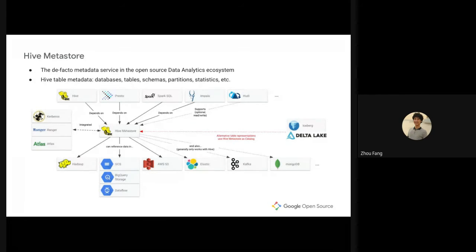Hive Metastore is the de facto metadata service in the open source data analytics ecosystem. For example, Hive Metastore is widely used by applications like Hive, Presto, or SparkSQL. What Hive Metastore provides is that it can provide Hive managed tables with metadata such as databases, tables, schemas, and partition statistics, with all that information stored in an RDBMS in the background. It can provide those information, for example, a schema of data on your, for example, HDFS